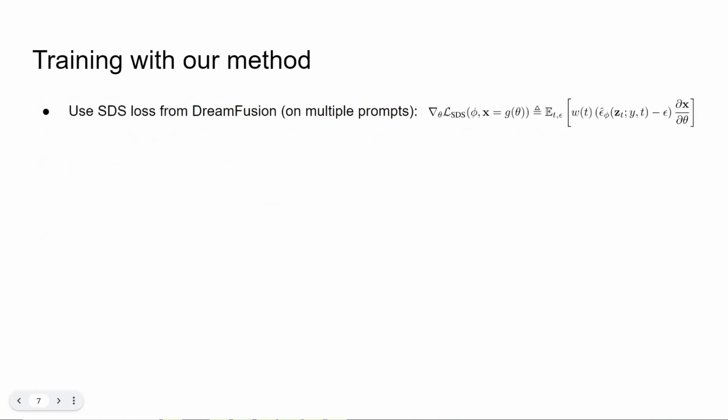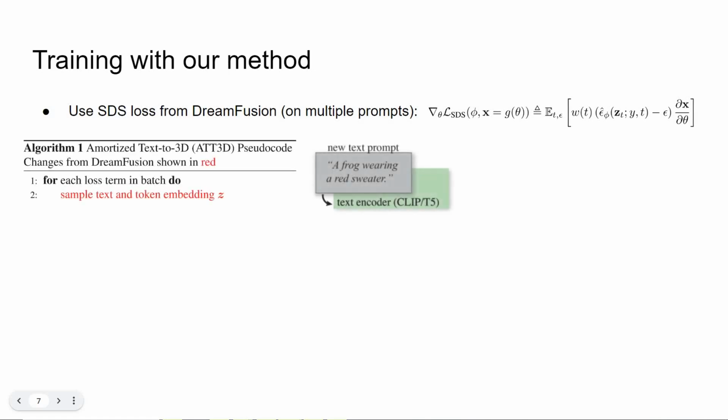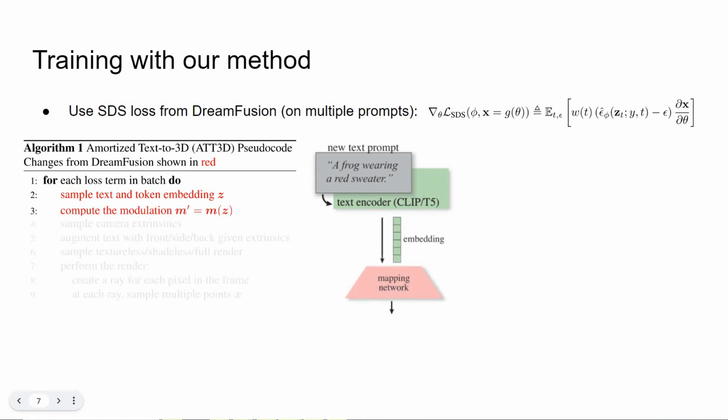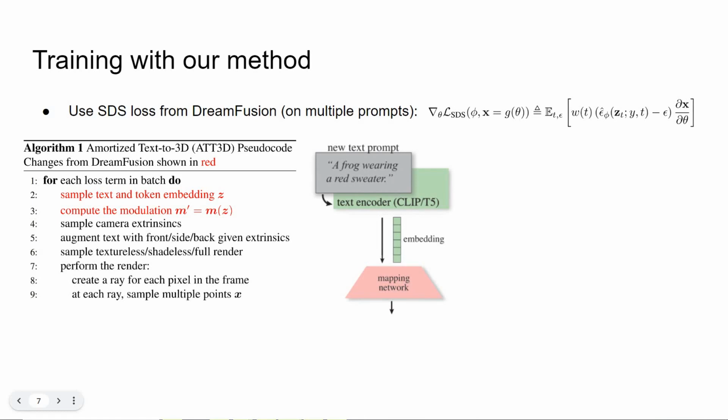Now let's overview our training. We use the SDS loss from DreamFusion on a set of text prompts. More explicitly, each loss evaluation in our batches involves first sampling a text prompt and associated embedding, which we cache. Then we compute a modulation with the text embedding using our mapping network. As in other text-to-3D papers, we then sample the camera position, augment the text prompt with the position, sample if